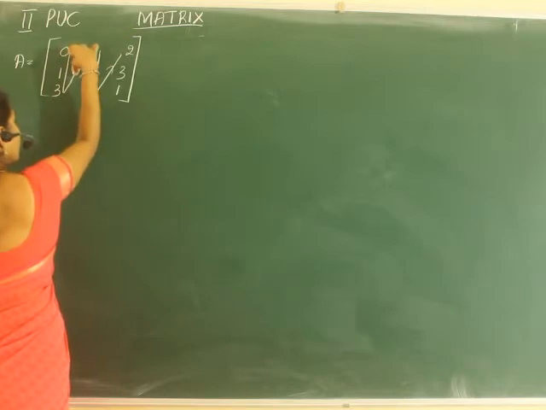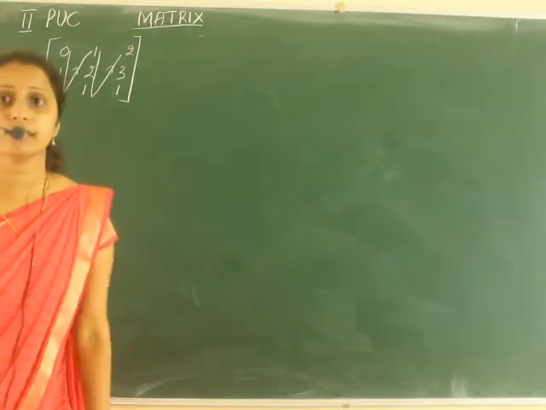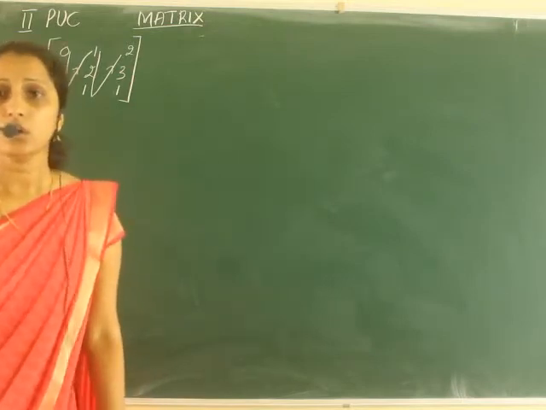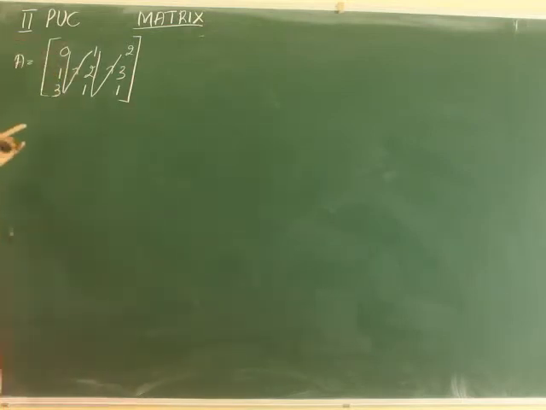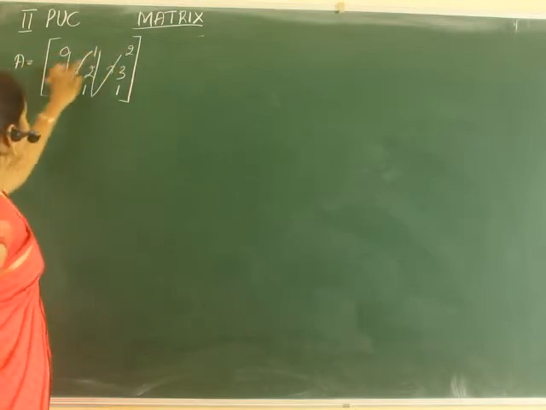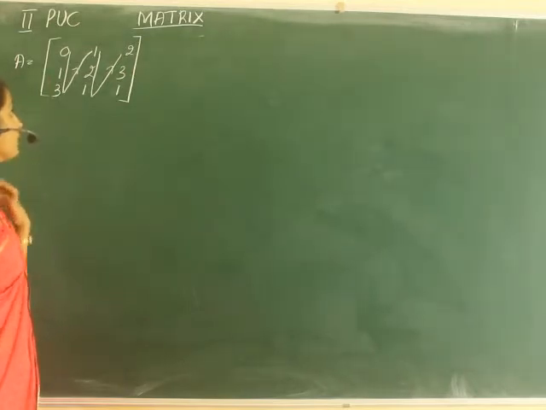This way we have to convert. We know how the identity matrix of a 3 by 3 matrix looks. So in this way we have to convert, and we can use either column or row operations. Suppose I am doing a row operation. Column operation means going like this, again coming back, and following like this.